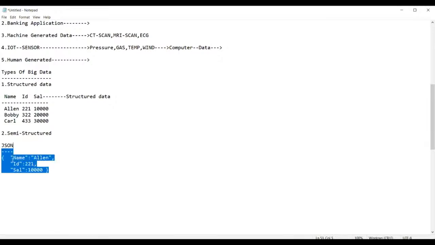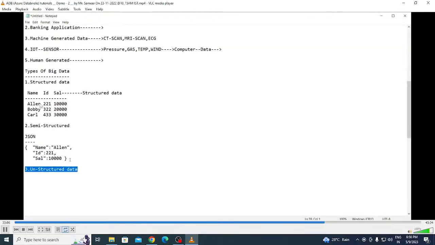Can you see this kind of data is called semi-structured data. This kind of data is called semi-structured data. And now finally, the third one is unstructured data. Unstructured data is nothing but data with no particular structure, such as the photos in your mobile phone, the videos,